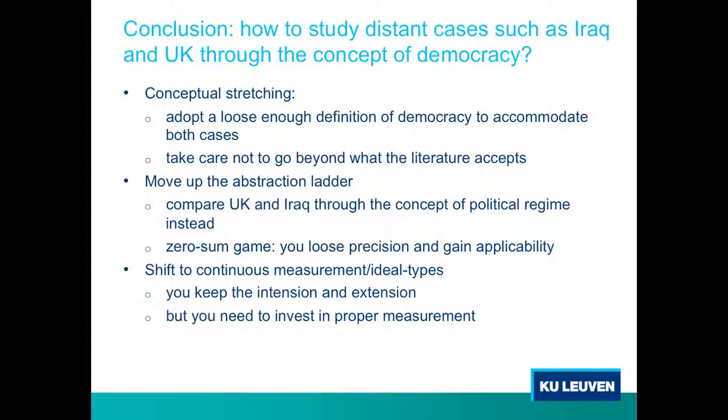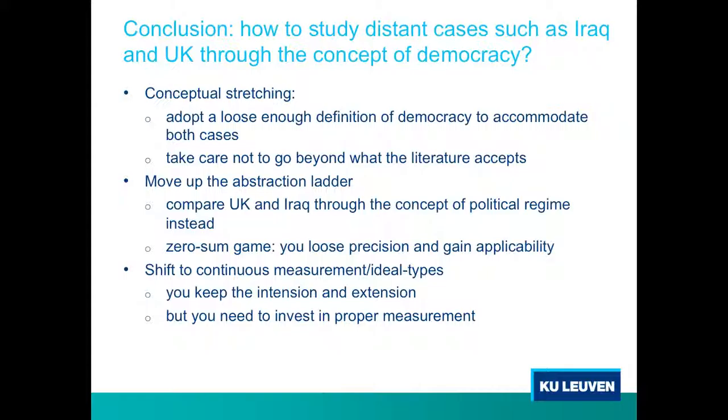Moving up the abstraction ladder is a zero-sum game. You lose much conceptual precision, right? Because you have lost many definitional attributes. But you gain applicability. You can actually compare UK and Iraq, but the cost is to lose this precision,